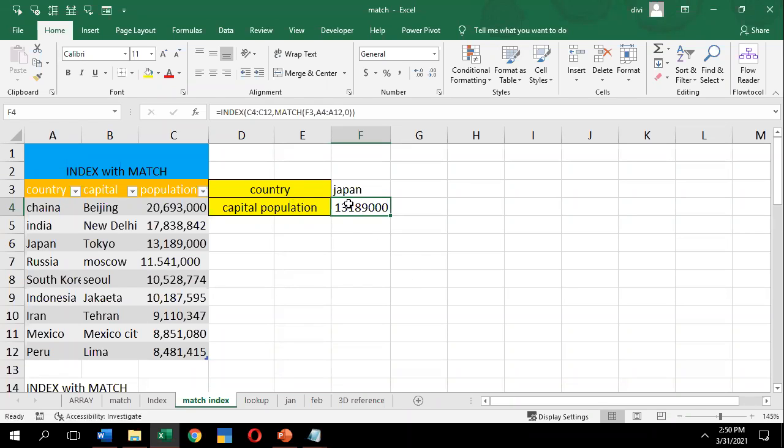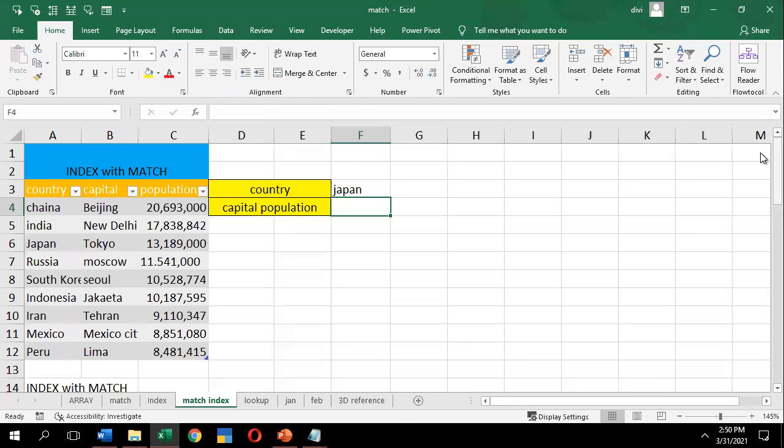So I'll ask, what is the capital population of Japan? To find Japan, you can use MATCH. MATCH will tell you what place Japan is in, and it is third place. So I want the third place, because I want the population. So how can I find it?